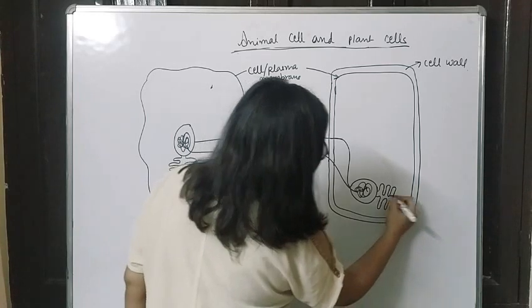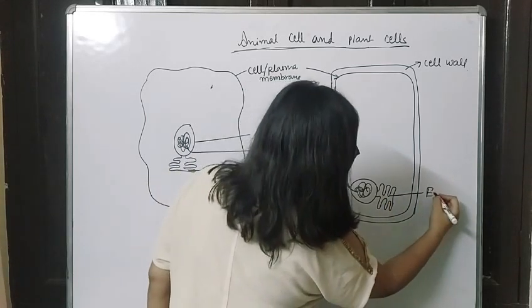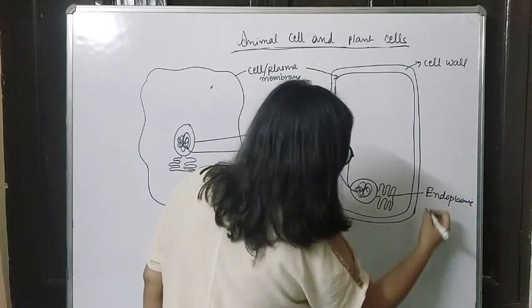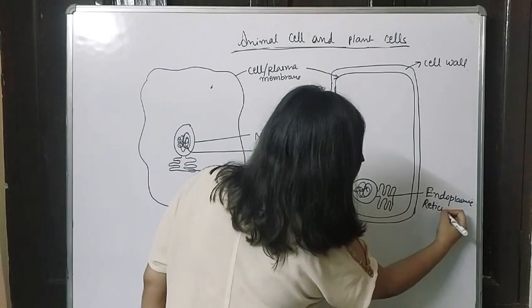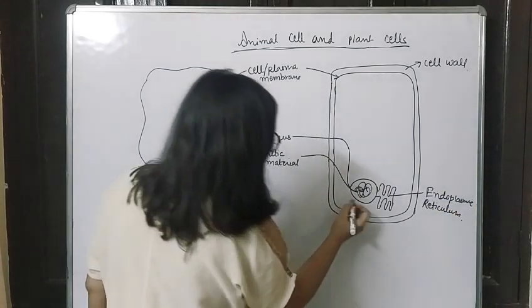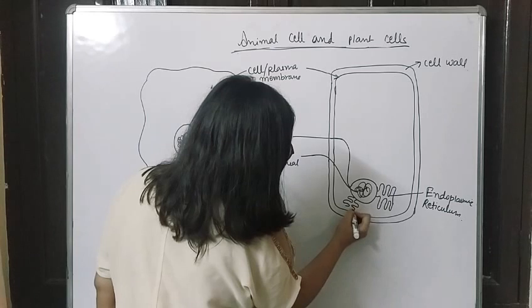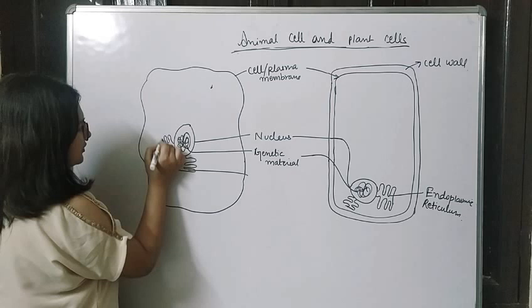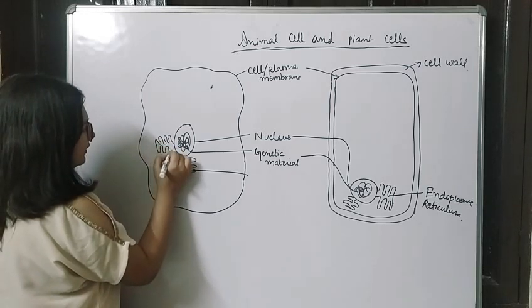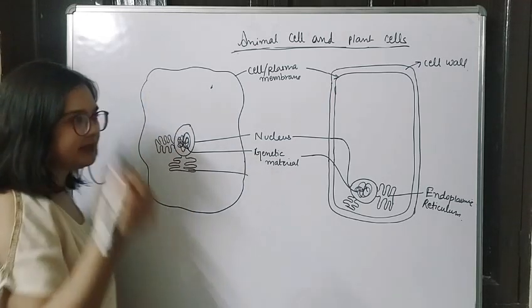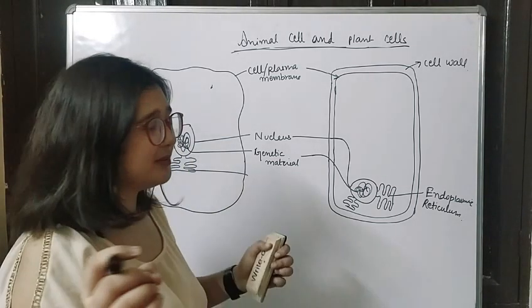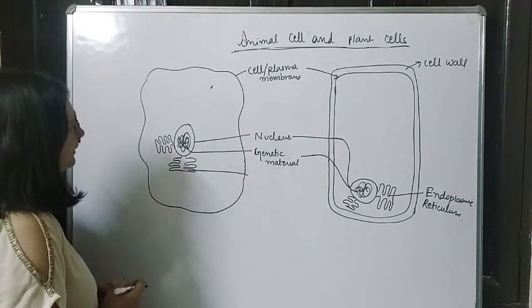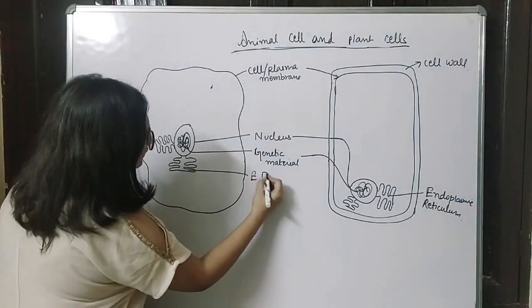See, right now just remember the name. We'll talk about the function of endoplasmic reticulum. We'll talk about functions of each and every organelle. Here you just need to remember the name. Here I'm going to draw one more endoplasmic reticulum. This is how you draw endoplasmic reticulum. You don't have to do anything. Just zigzag, just make it in building shape. Can you see? Just like this you need to draw. Like you have seen the bushes of Christmas, the branches of Christmas tree. It is just like this in shape. Similarly, you have to also make it like this in shape. Fine. So this is your endoplasmic reticulum.